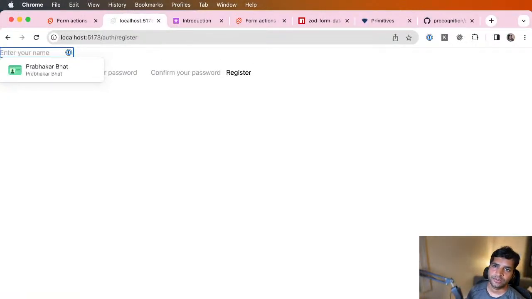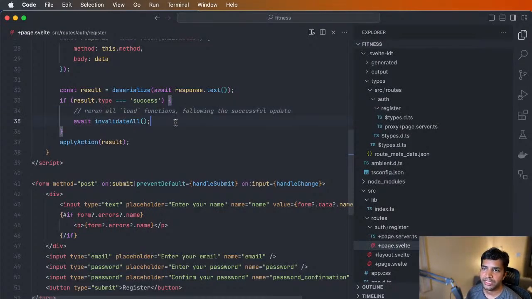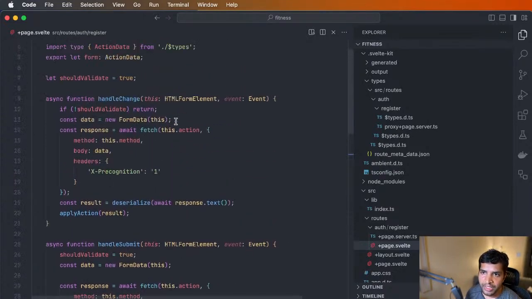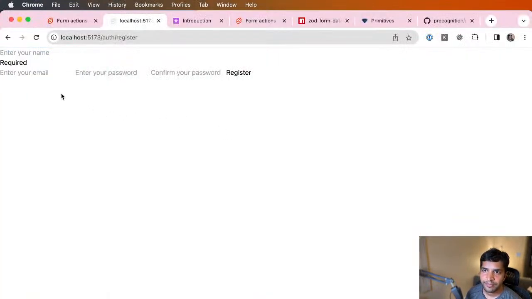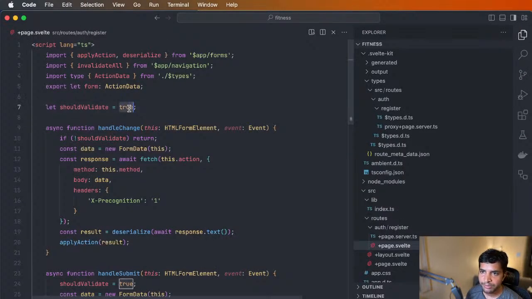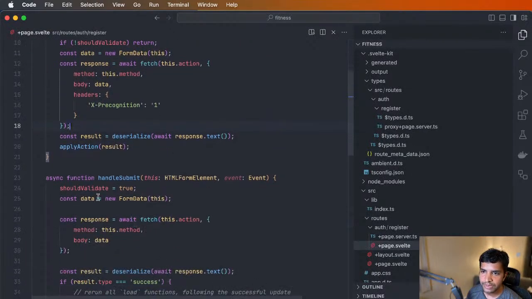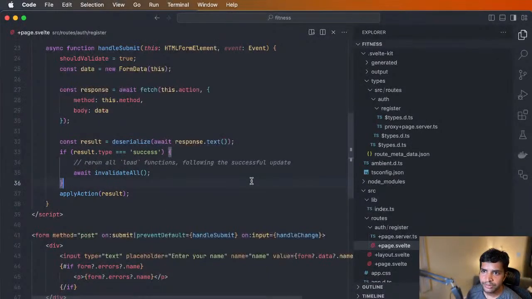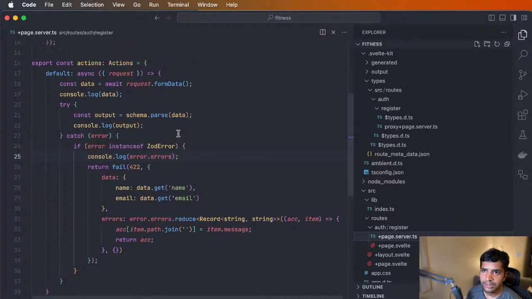Yes, so it's doing the server side validations, applying everything, and that's good. So if I now say ASDF, it's gone. But we don't want to do that immediately. Instead, we wait for at least one submission, and let's do this. Should validate true, and we set all these things. This is good. We need to handle it here,